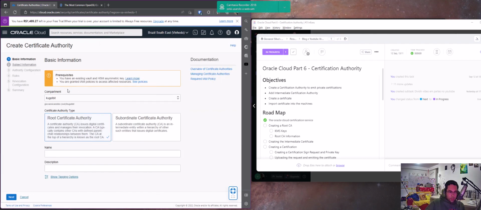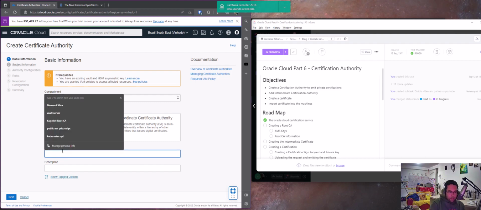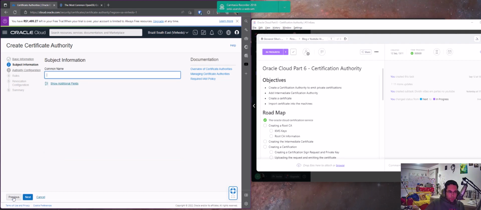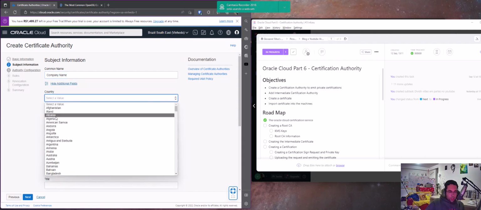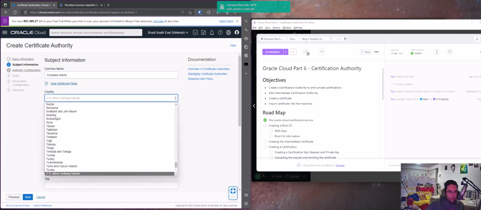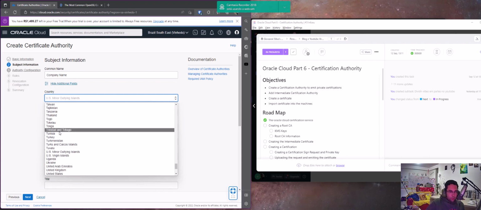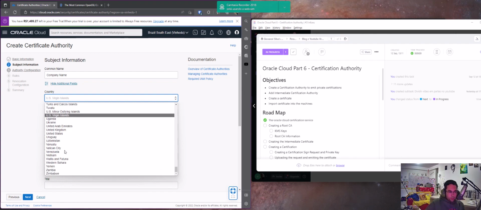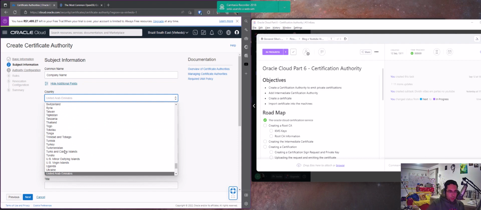You can create one here. So selecting root certificate and giving a name. The name could be anything. It's not part of the certification. Then you put the common name. This will be part of the certification authority. Let's say, company name. And then we can add a country. Say we are in United States, USA, United States,